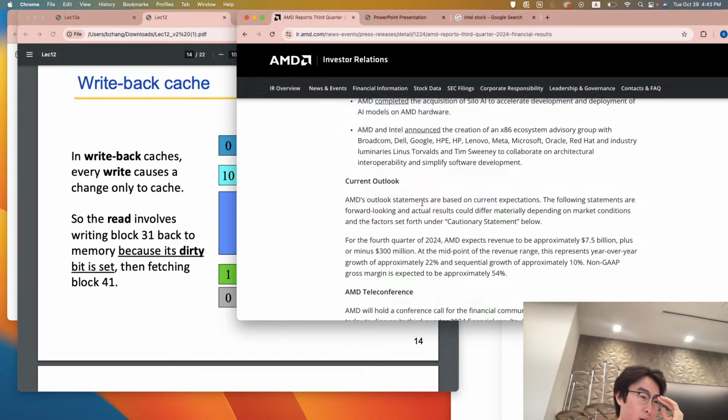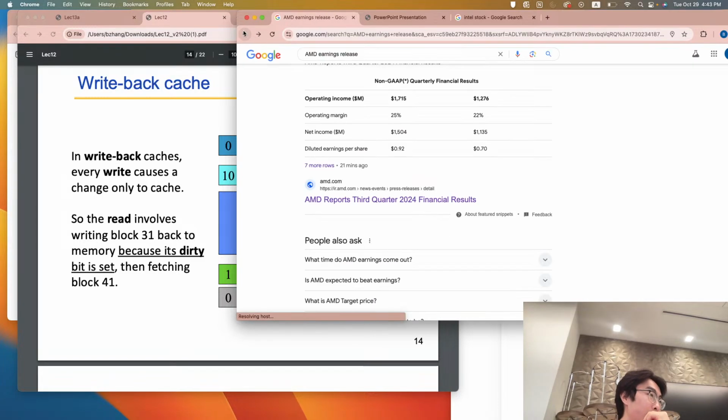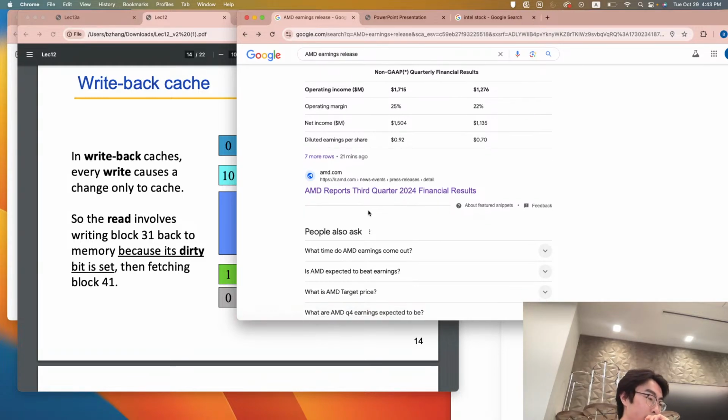Statements are based on current expectations. Yeah, I'm kind of curious on